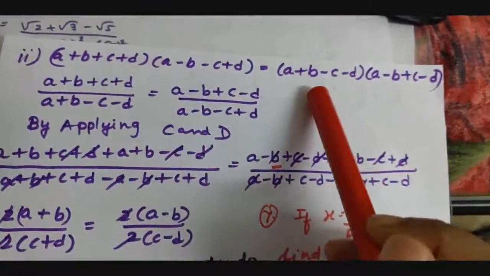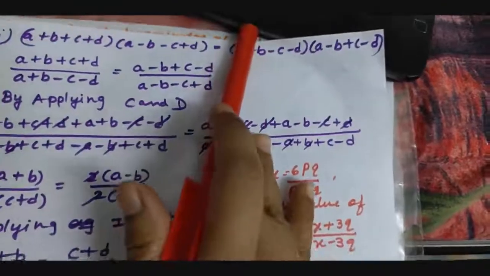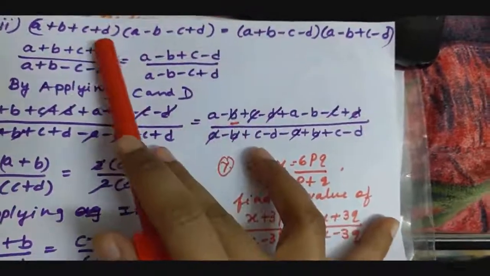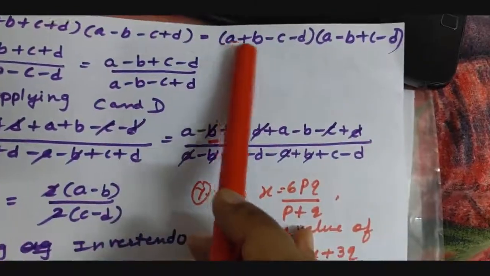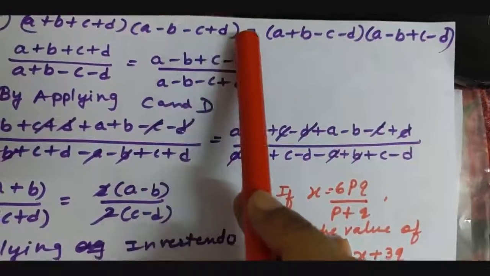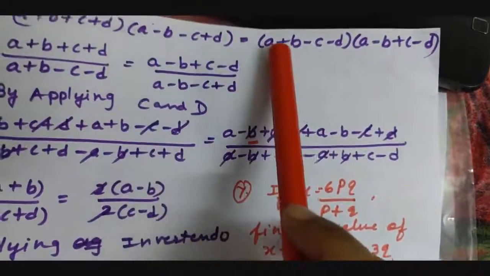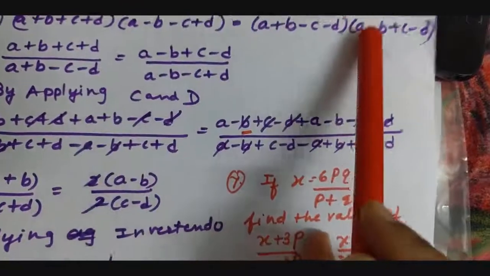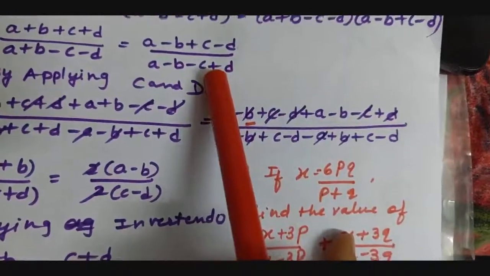Okay, now next is the second part of the same question. You want to show here a, b, c, d in proportion, or you can say a by b is equal to c by d, if this is given. Now you see this into this means they are given in multiplication, and here also they are given in multiplication. So first of all we have to rearrange the terms by taking a plus b plus c plus d, and I am taking this in the cross way like this in the denominator. This term as it is again, and this term here in the denominator like this.